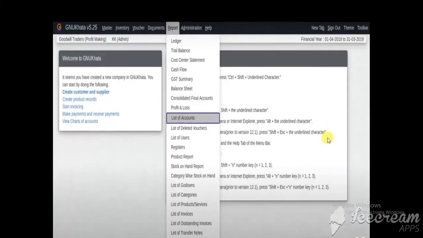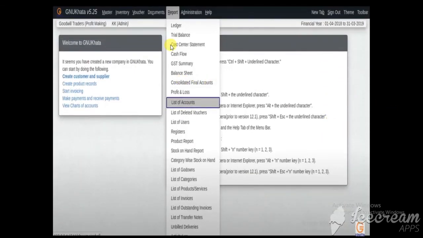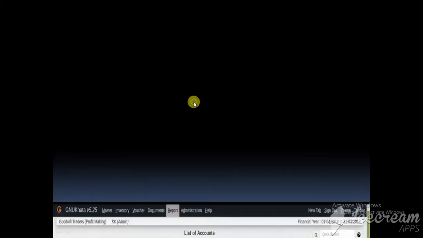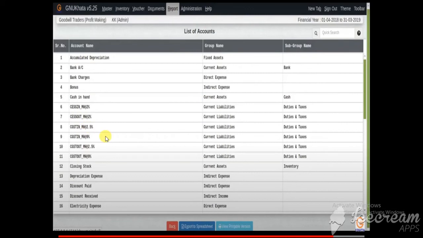While doing this, again we are going with the next menu, that is report. You have seen the list of accounts. Just clicking on this list of accounts, you will get the account details, the financial, and below you will see the back button, export of spreadsheet and printable. Export means you are presenting it as a hard or soft copy, or a printable version, viewing in a printable version in PDF form and so on. This is how it works.